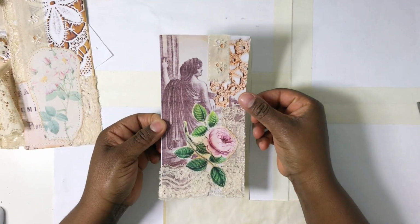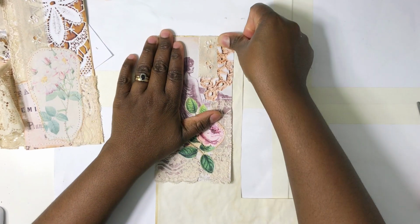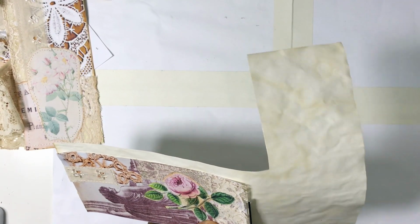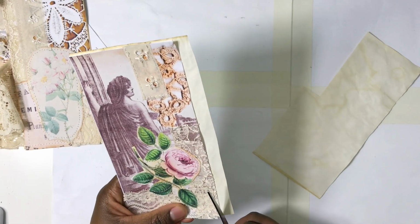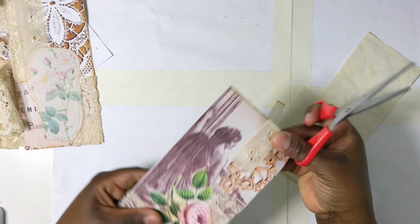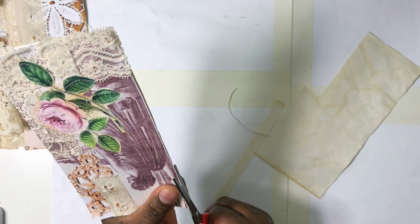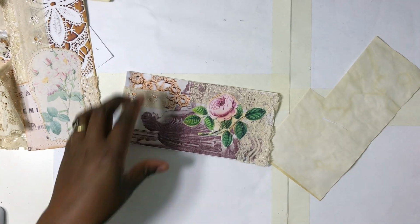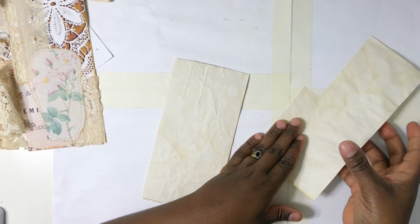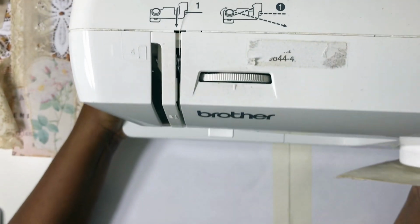Right. Okay, I'm just going to stitch this around the four edges. And I may have to stop actually because I need to go and make dinner. It's later than I realised, so let me stitch this anyway and then